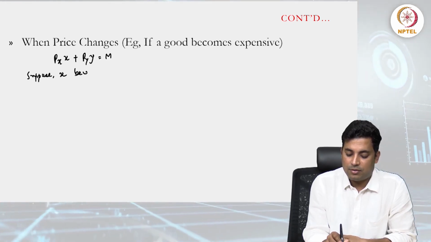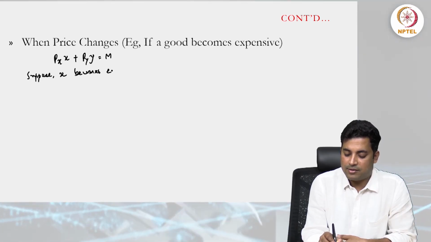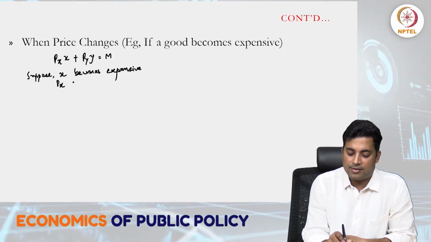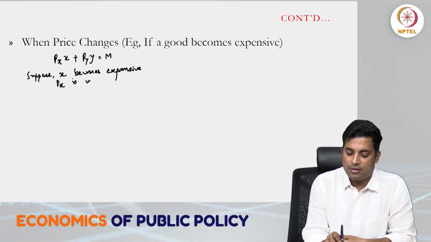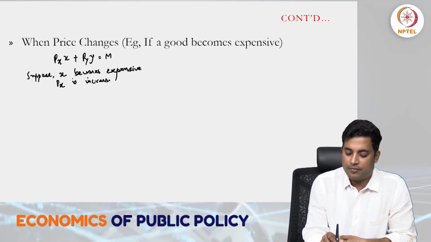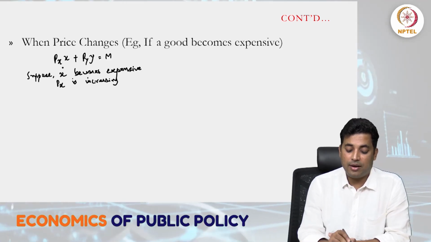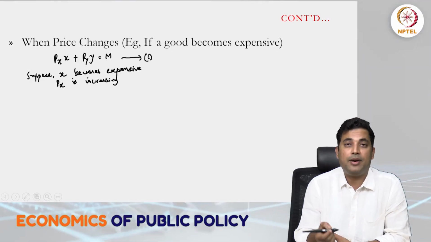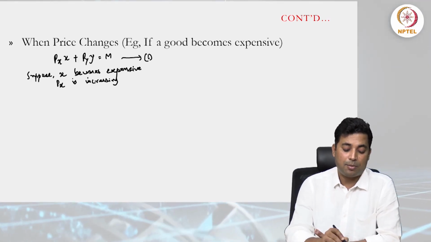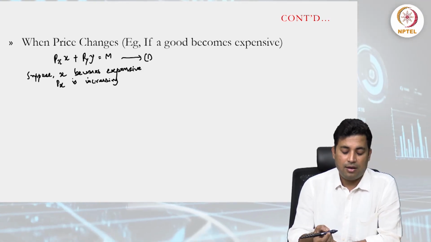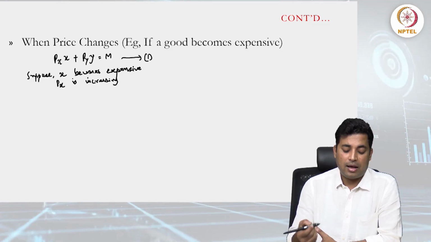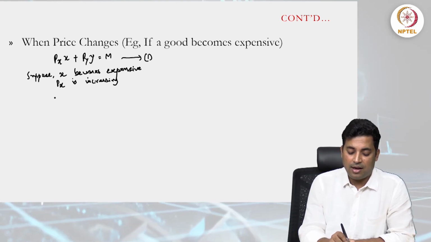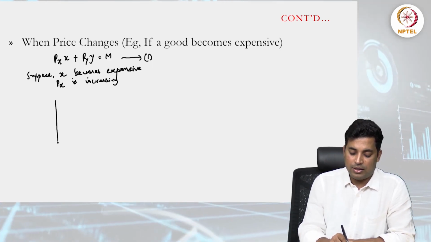And here suppose X becomes expensive. What does that mean? It means price of X is increasing, right? So here the first component, say we can say that equation 1, the original budget line. So suppose value of Px increases, therefore Px and X, this particular component also will be increased, right? So let's see how it goes